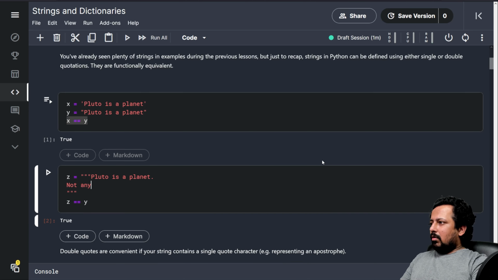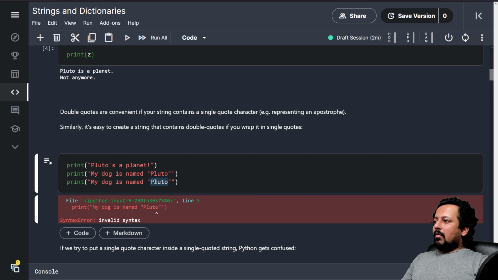if I use double quotes for everything, and even for enclosing Pluto in double quotes, it is going to throw an error. It's not a valid syntax anymore because it doesn't know where the string begins and where the string ends and what Pluto is. So now Pluto is treated as a variable.